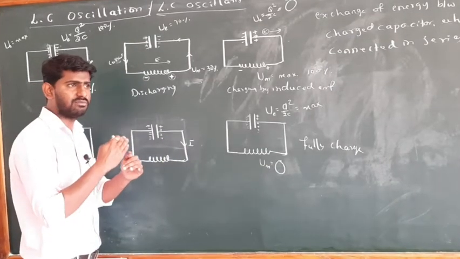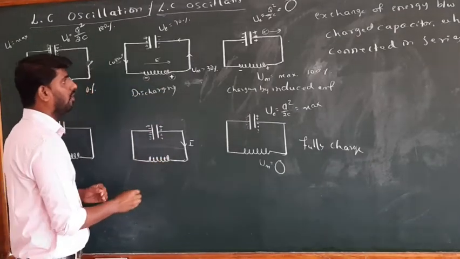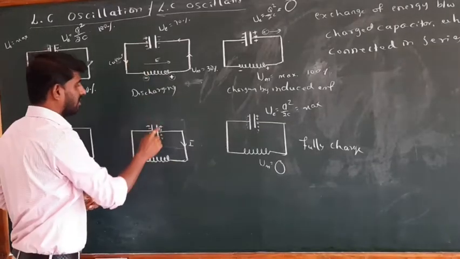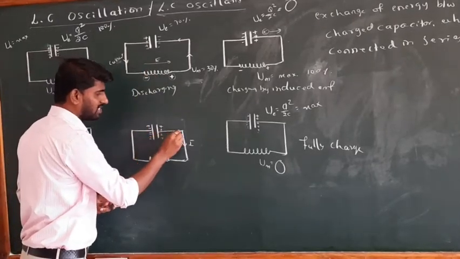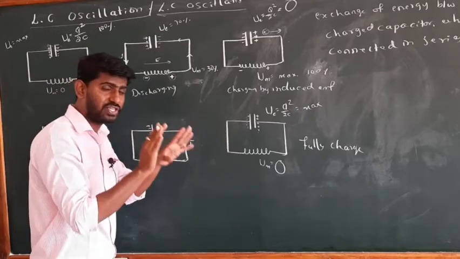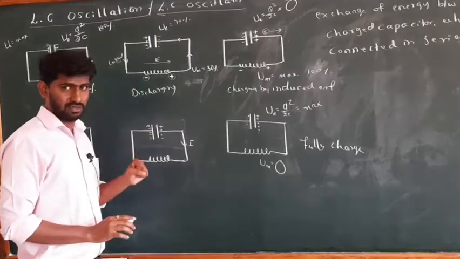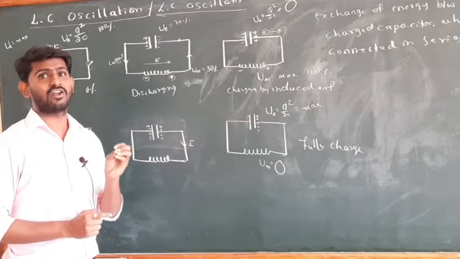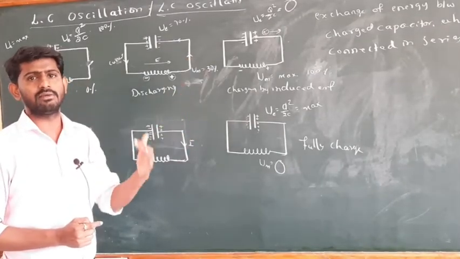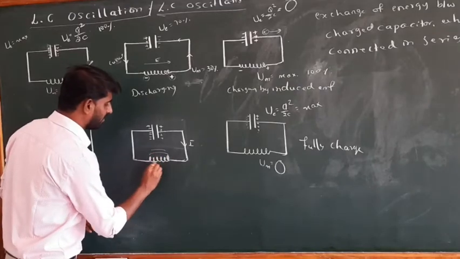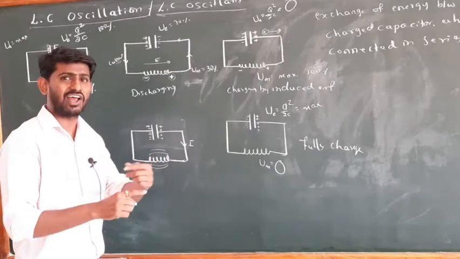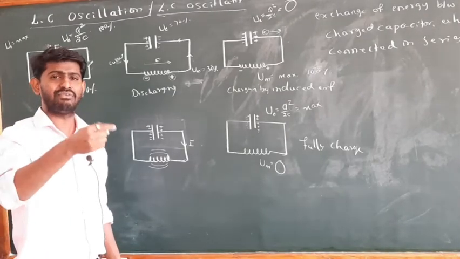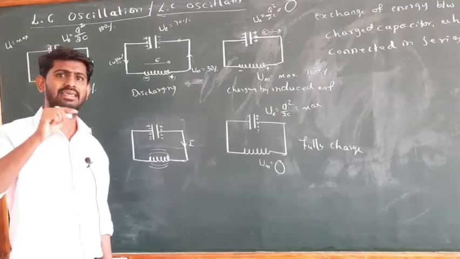So as the current increases from 0 to the maximum value, again there is an induction. See this point or this point. When the current starts to flow through the inductor during the discharge of the capacitor, the initial current is 0. When you close the circuit, the current starts to grow. So it's not a steady current, it's a variable current. Variable current produces a varying magnetic field or varying magnetic flux around the inductor. That varying magnetic flux generates an EMF in the same inductor, which is called back EMF.